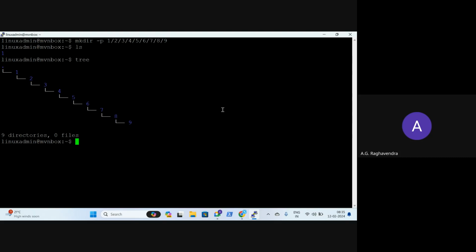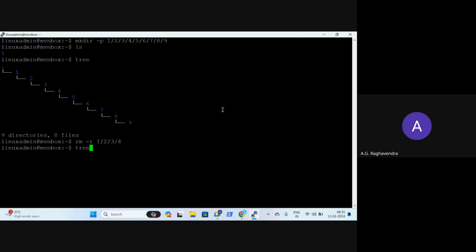Now how do I delete them? How do I delete folder number 4? Who can help me? rm. Then recursive, rm -r. That is fantastic. We have to use recursive. If there is a folder, there is recursive. 1, 2, 3, 4. Will it take?